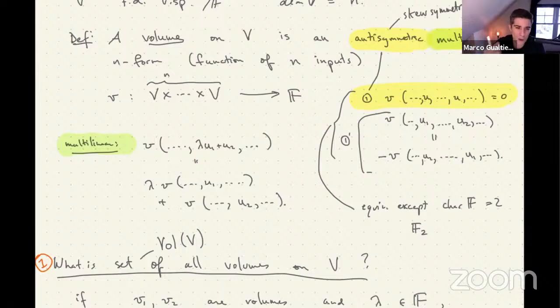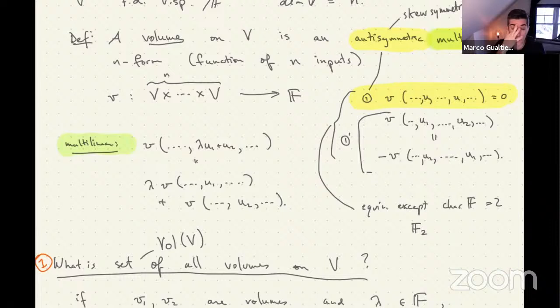Well, what you could do is just take a basis, E1 up to En, and plug it into the volume. That would give you the volume of the unit box, the volume of the unit cube, okay, with the sides being the unit vectors, being the basis vectors, sorry. So you could say that the basis gives a basis box, right? And the volume can evaluate on that basis to give you a number.